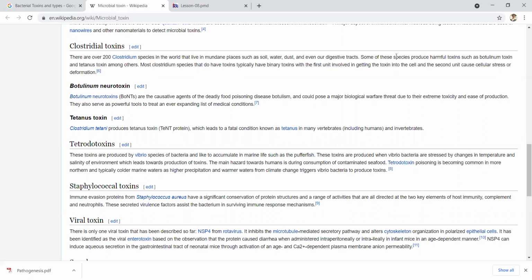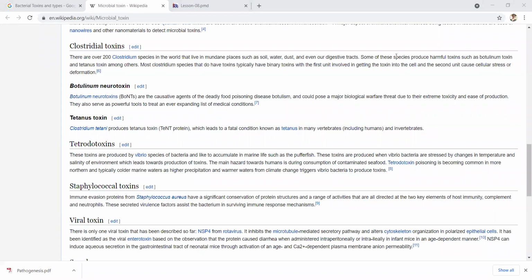and it leads to a very fatal condition which is known as tetanus in many vertebrates, including humans, and some invertebrates. And when this tetanus toxin affects our nervous system, the person may get paralyzed, and finally it may lead to the death of the person. So it's very essential that you take the injection